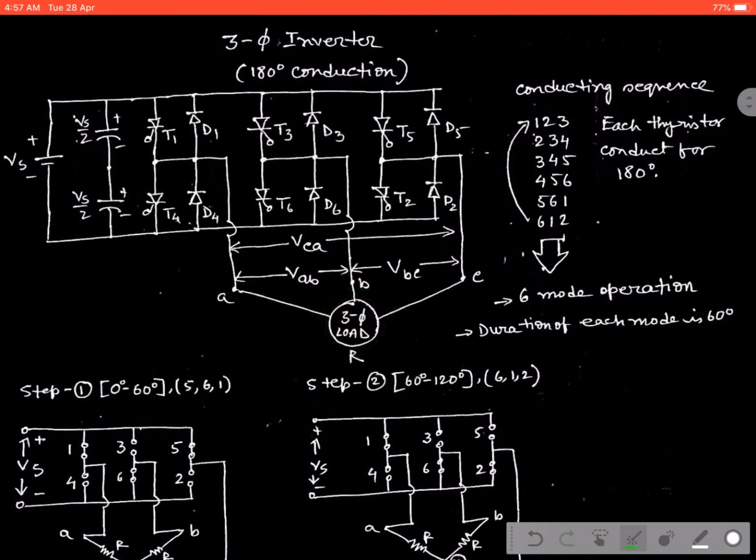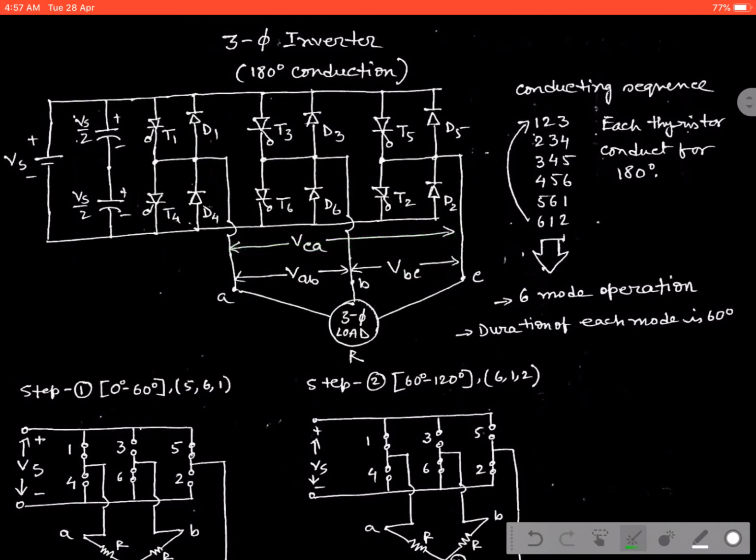Maybe it can be star connected, and this is directly connected to the midpoint of the two switches in this way, and this way. So the line voltage appearing across A and B, defined by VAB, is the difference between the phase voltages VAN minus VBN. Similarly, the line voltage VBC is the difference between VBN and VCN, and VCA is VCN minus VAN.